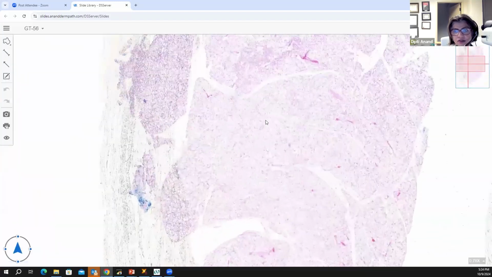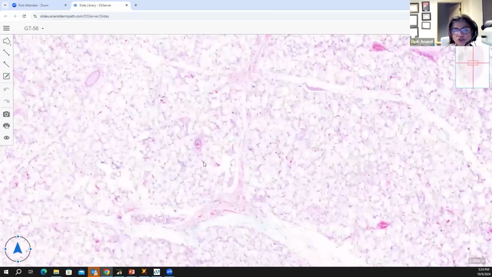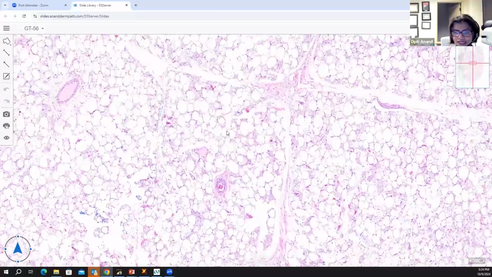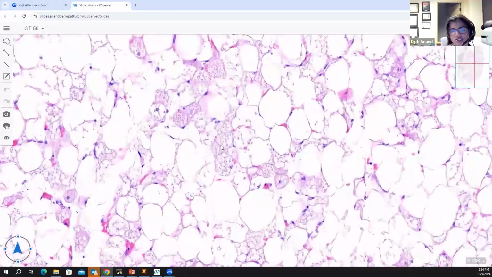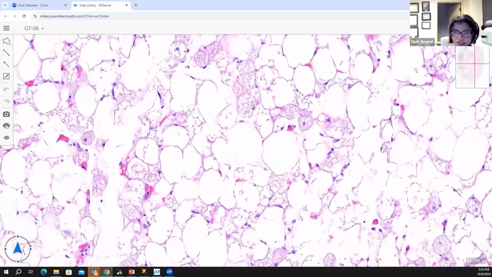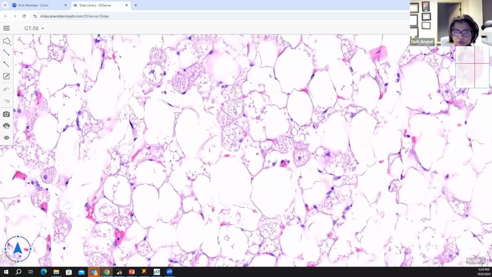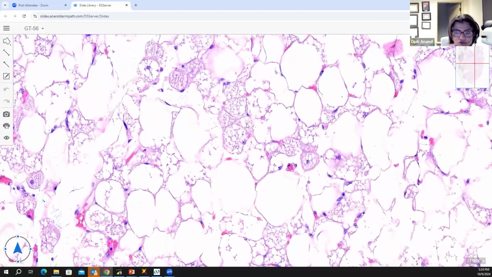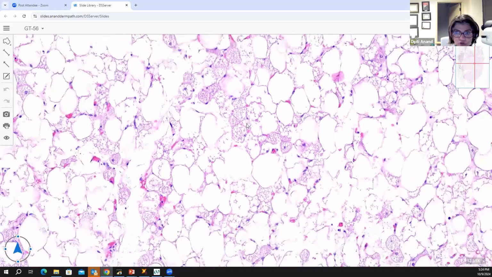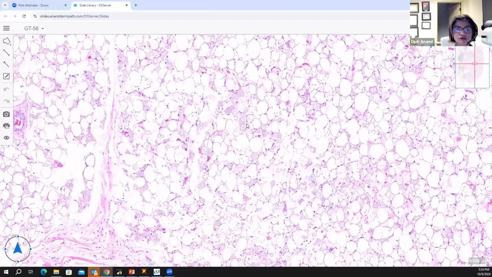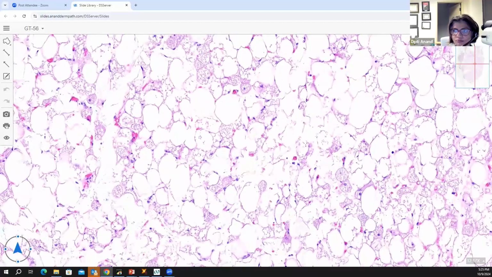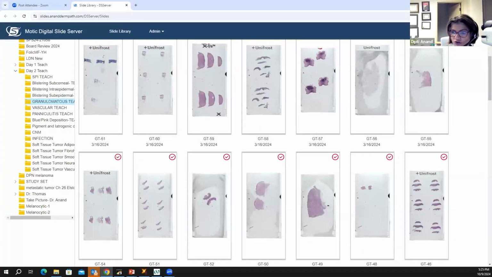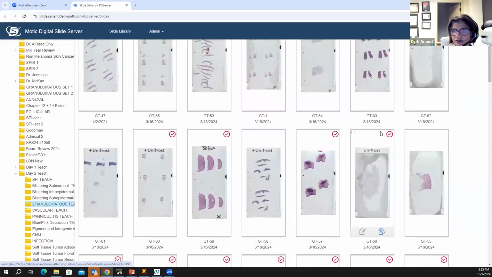Hibernoma is another mimicker because hibernoma will produce this kind of vacuolated appearance. So this is a hibernoma. You can see that it's a tumor of the brown fat where you see cells which are mulberry cells or spider cells. Once you see it, you will always remember that this is a hibernoma, but it can mimic silicone granuloma, which has a Swiss cheese appearance, which I'm going to show you very soon. So this is a hibernoma, which is a tumor of the brown fat, in contrast to your silicone granuloma,